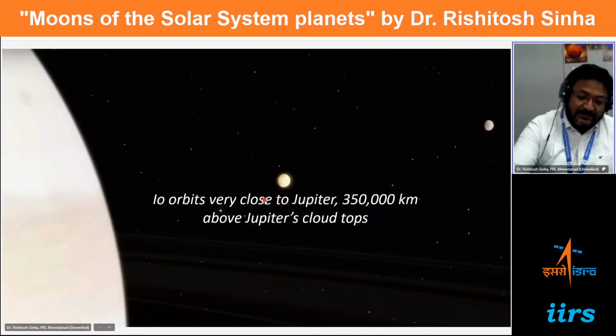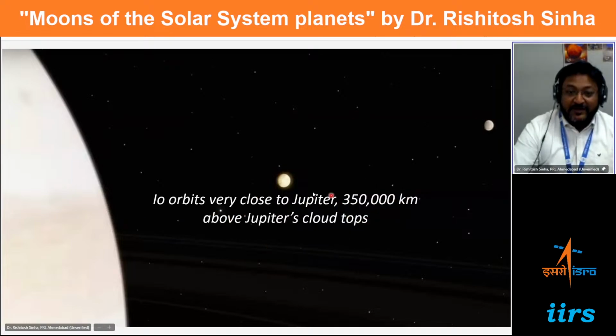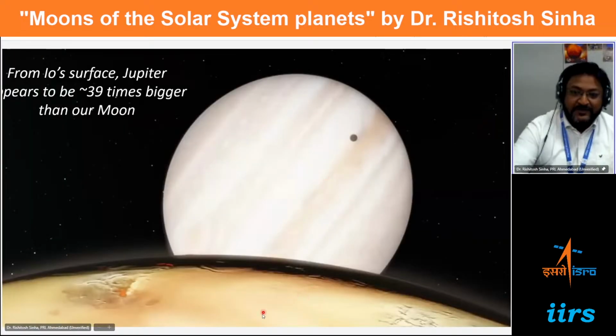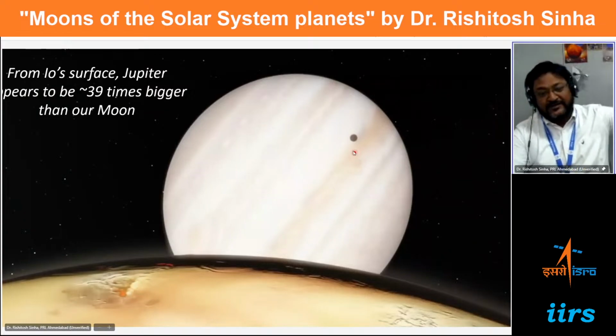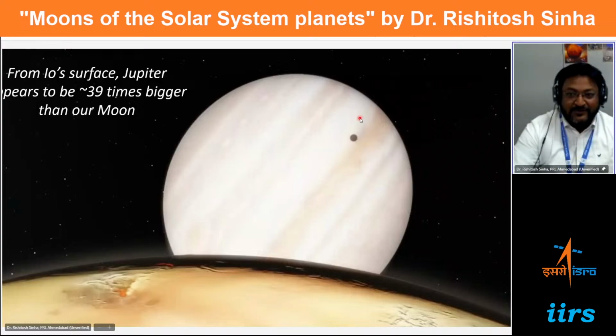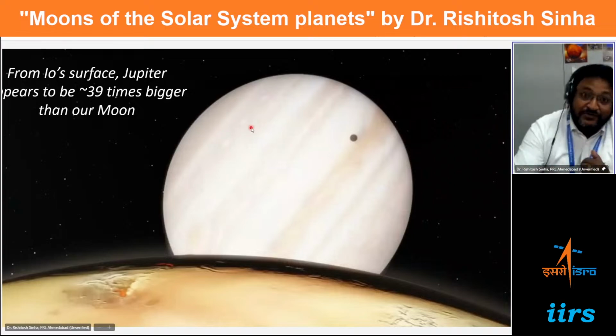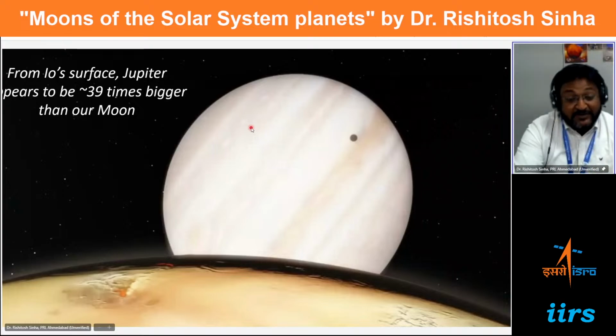When you see Io, it orbits very close to Jupiter, at a distance of 350,000 kilometers above Jupiter's cloud tops. If it is so close, when you see Jupiter from the surface of Io, you will see that it is actually 39 times bigger than our own moon. So you can get a size comparison. The moon that we see in the sky, and if you are on the surface of Io and look at Jupiter, it will be 39 times bigger than our moon. So you can see how close it is to Jupiter. You can now imagine, being close to such a huge planetary body, what type of effects may be